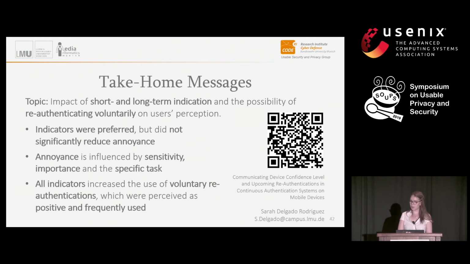Well, I do think that for some apps, for example a banking app, it will always be really important to have maybe a second barrier. But I do think that implicit authentication would be a more fluid approach, for example, for persons who avoid re-authentications at the beginning, because we also found in the related work that like 40% of all persons don't use any authentication. So maybe for these persons, implicit authentication is the best approach. But if you want the most secure approach, an added app-based re-authentication will always be, yeah, more secure.